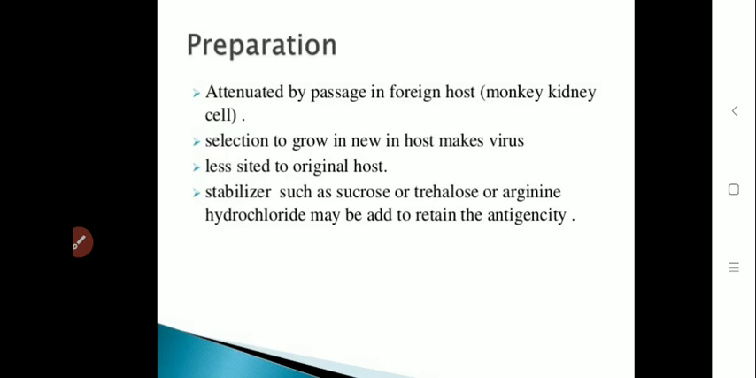First, the virus is inoculated in the monkey cell line. After inoculation, different types of stabilizers, sucrose, arginine and so on, are added. Due to the addition of these stabilizers, viruses grow fast. It loses its virulence factor, but the antigenicity of the viruses remains as it is. So in this way we can gain the